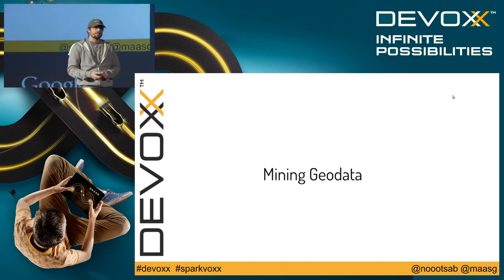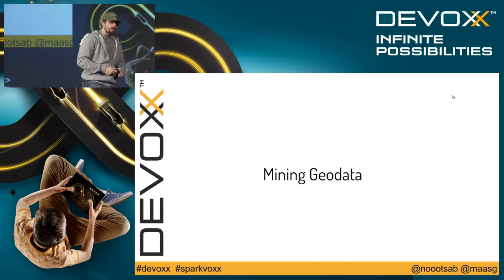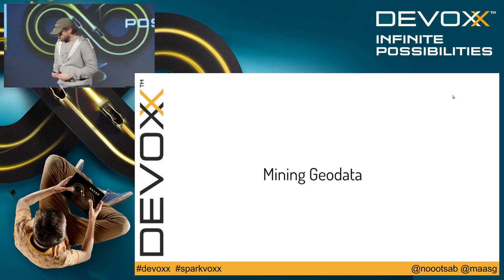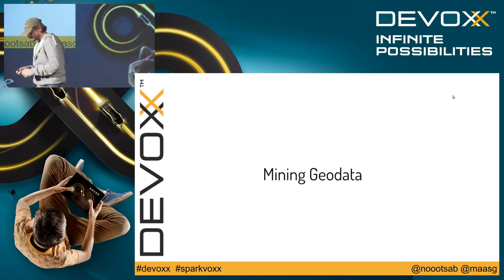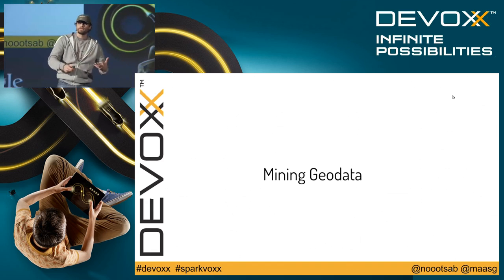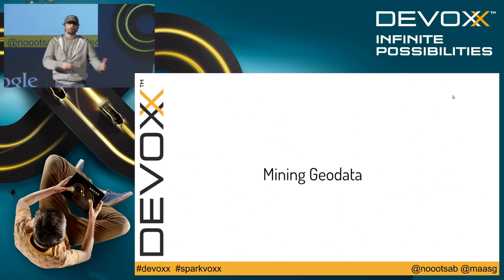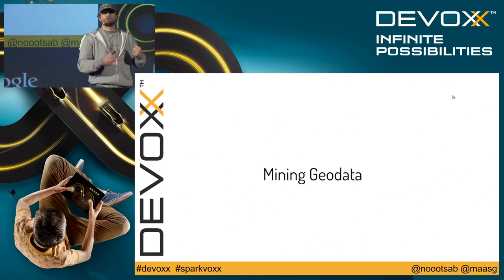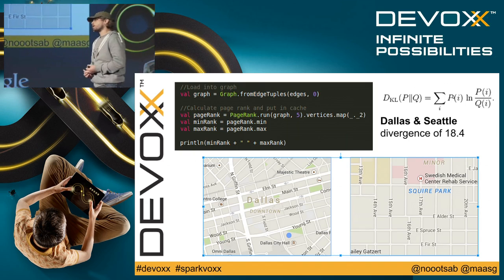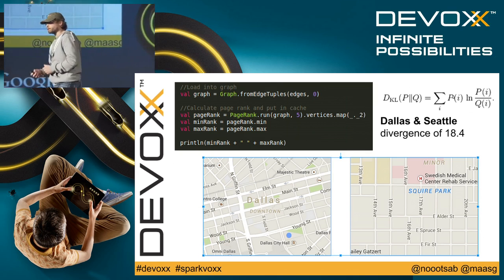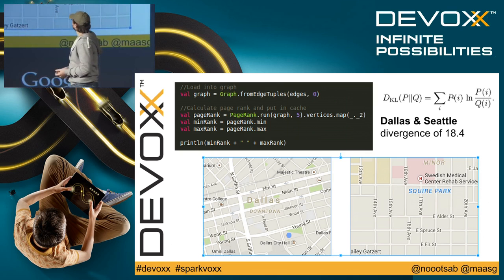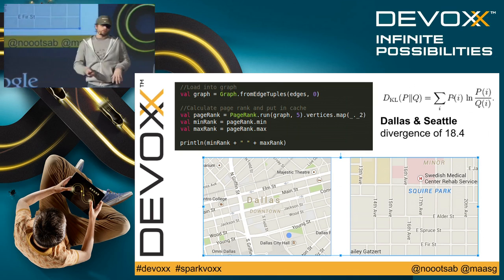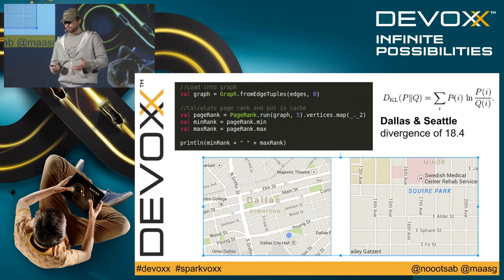It's one of my favorite data as well, since I have a very long background in geomatics. Geo Data is particular because they are mostly graphs, right? A road network is a graph. So it's quite hard to do some data analytics on graphs, so it's hard to do some data analytics on geodata. So that's why we took the option to use GraphX to analyze those data.